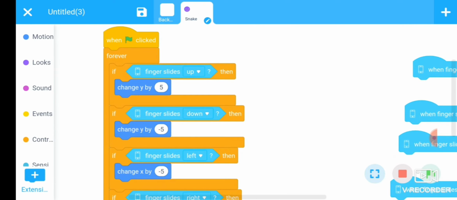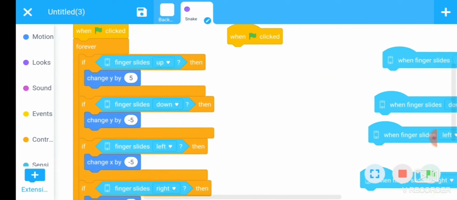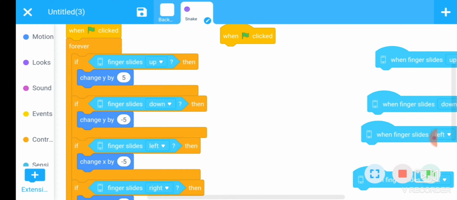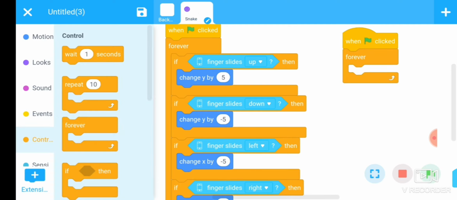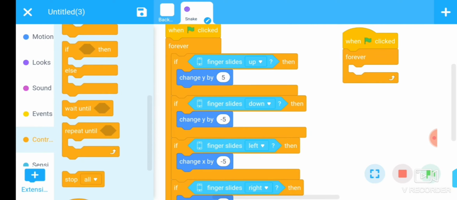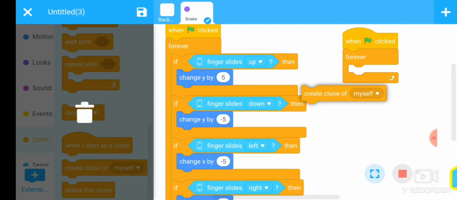Now we need to make the clone of the sprite. For this, first we will take the command when flag clicked, then choose a forever loop. Then there is a command create clone of myself.